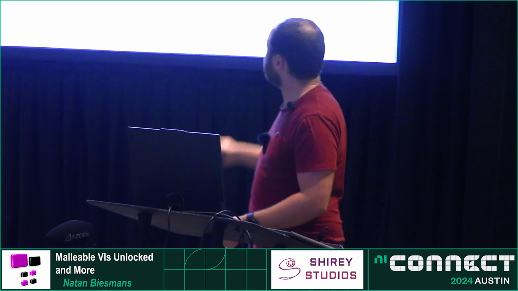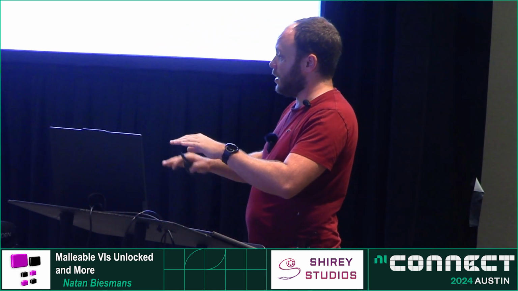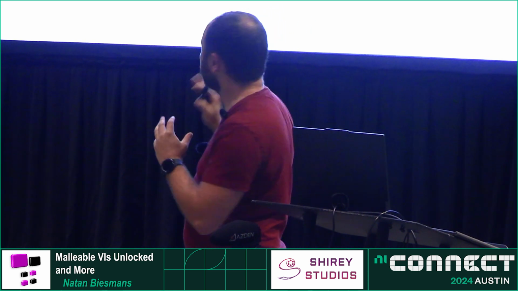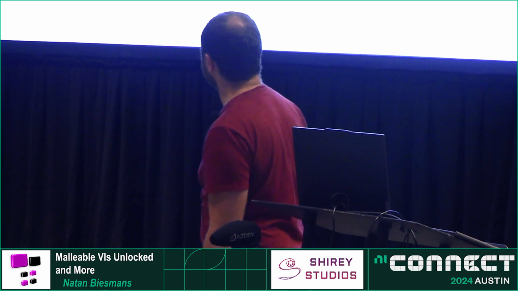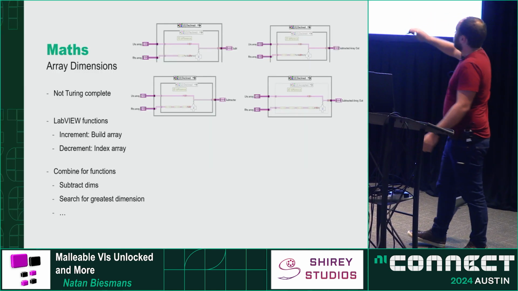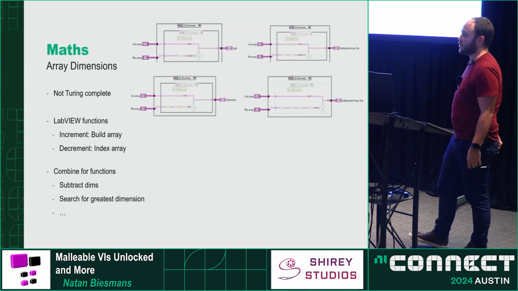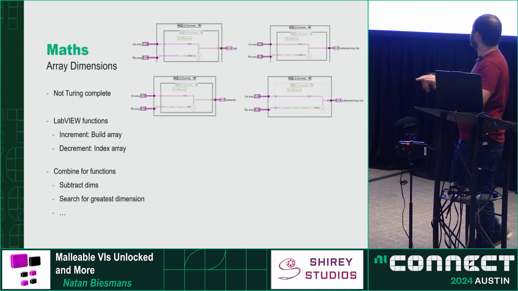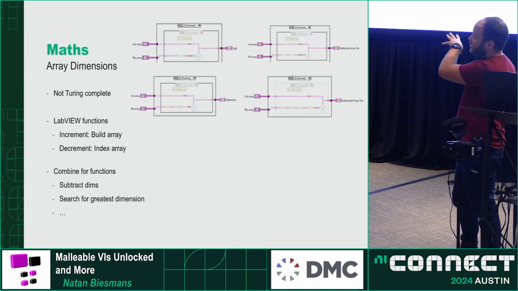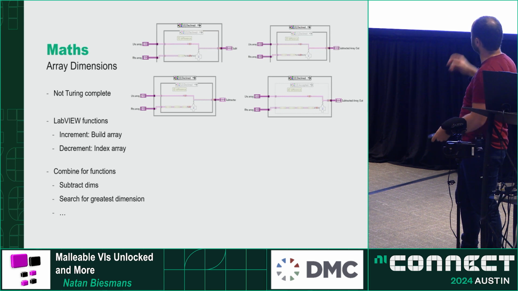Same for the other way around. So if I want to subtract, let's say, 2 from a 1D array, I will be able to decrement 1, but I can't go further. So we have a nice bottom line safeguarding us for, well, negative numbers. Or if we go back to the addition, we can search for the greatest dimension or the biggest dimension, saying, hey, I have 1D on one side, 2D on the other side. Well, what we can do, for example, is create 2 states or 2 type specialization structures, cases, where, for example, we